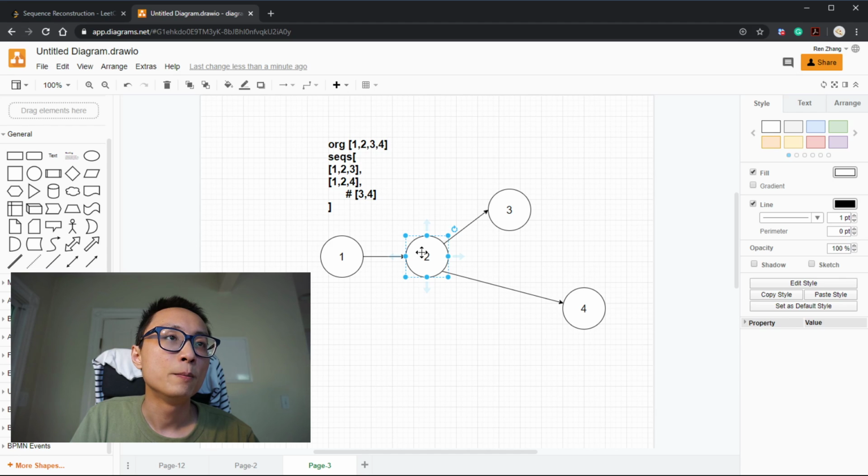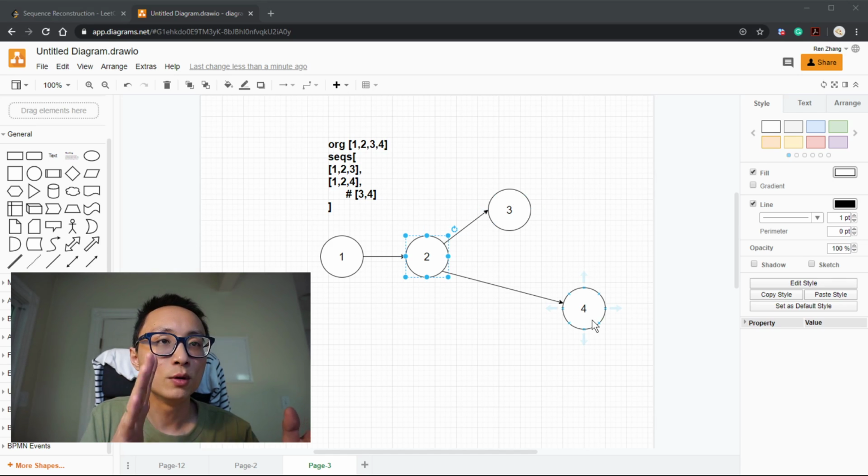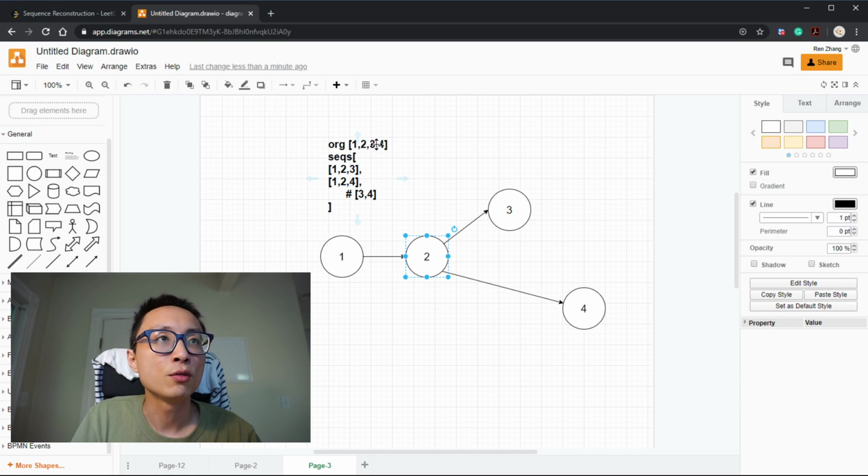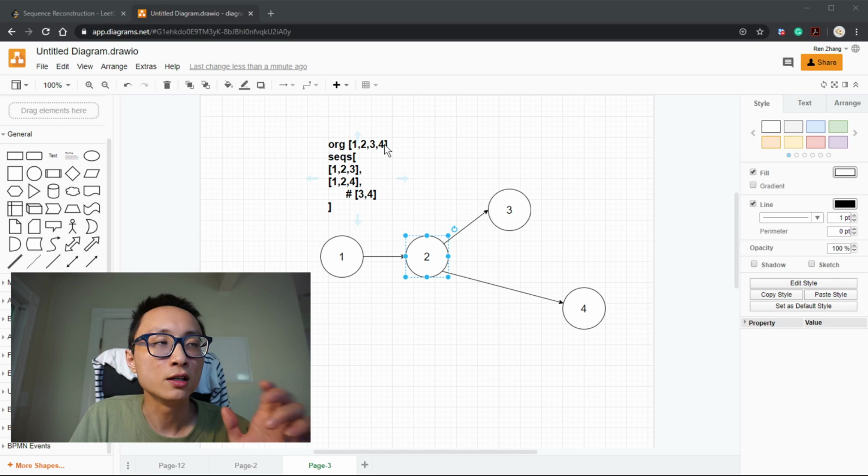And after 2, there are two options, either 3 or 4, and there is no information about whether 3 should come before 4 or 4 before 3. That's why we are confused, and we are not sure that 1, 2, 3, 4 is the only one that satisfies this condition.